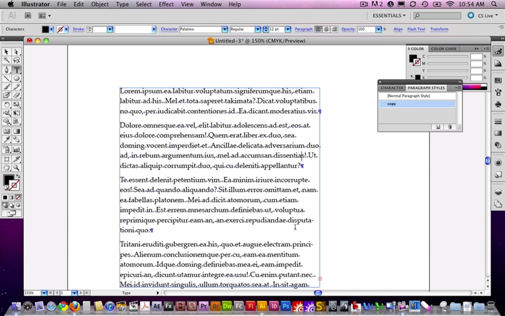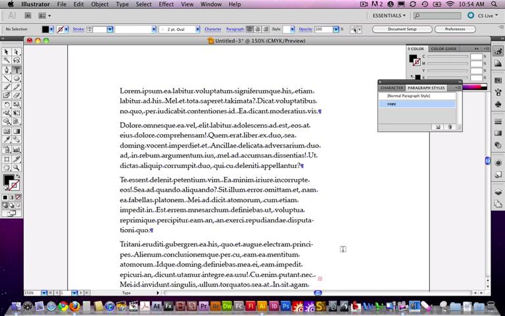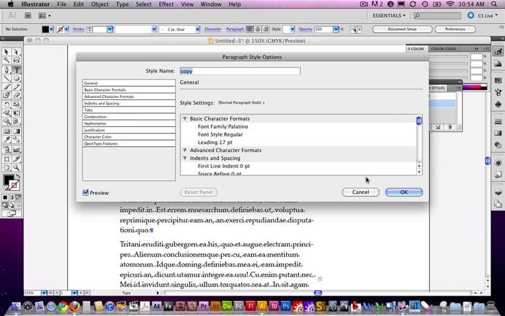Well, here's why it's nice. Now I can go in, even with this block not even selected. Imagine that I have 8 artboards and they're all using this body copy. And I sit down with somebody and they're talking, they're like, well, you know, that's okay copy, but instead of having the space between the paragraphs, I'd like to use indents. So you say, great, no problem. You come back, double click on your style,